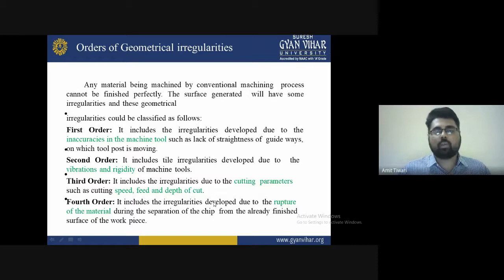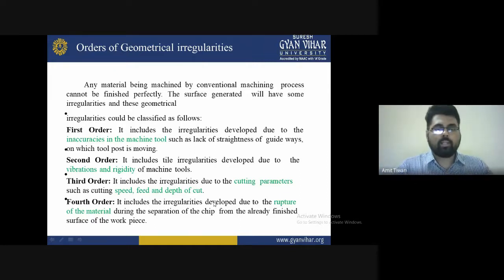If you are using a lathe machine for conventional machining, you apply the tool pressure by hand and sometimes increase speed, so there is a chance that sometimes it will give good finishing, and sometimes it will not give good finishing; sometimes some damage or irregularity will be obtained. But in the case of non-conventional machining, it will not happen like this. Any cutting parameters with different spindle speeds are easily obtained by coding. You just put in the G code, M code, and the machining will start. At the end, the timing will finish automatically, as the timing is set for that. So there is no difficulty faced during non-conventional machining, but sometimes it can happen.